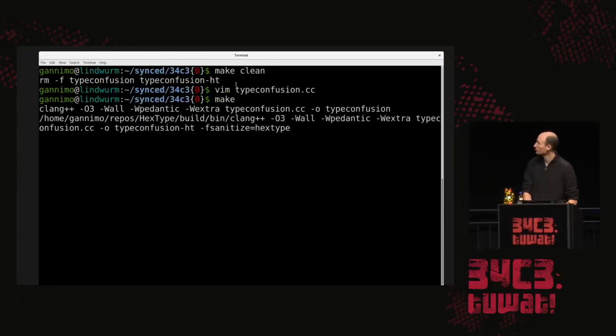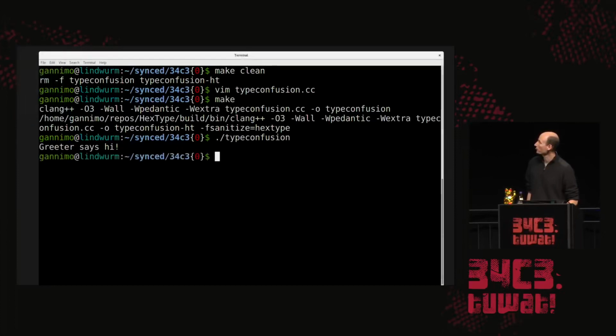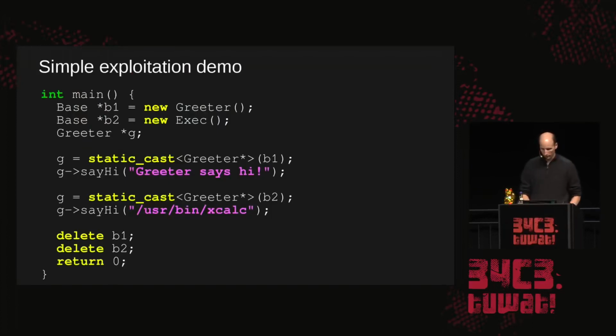So we allocate two objects of type base, of type greeter and type exec, but we call the say hi method two times. And if we execute it, the first call to say hi says greeter says hi, and the second call to say hi opens a calculator, which is not what we want.